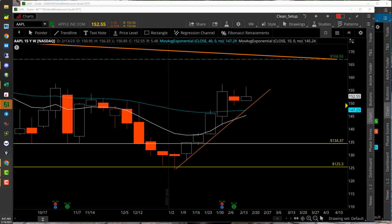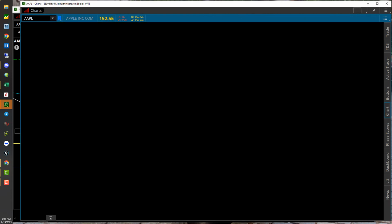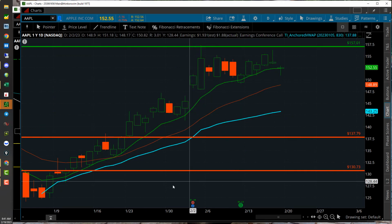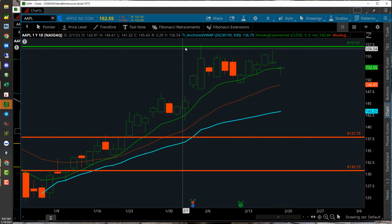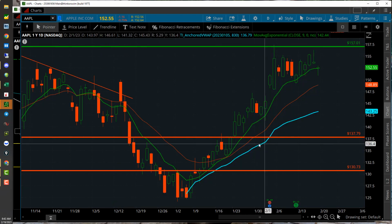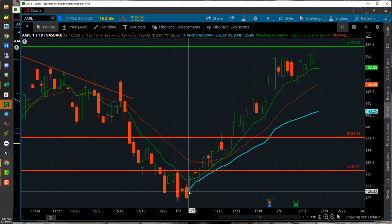So now that you have seen the weekly, if you look at the daily, here is the daily. Oops, let me just put it back online here. Here is the daily chart that I want you to look at, and this daily has very nice defense right here on the VWAP at 143. I would think this would be a good place to start putting our bets on. By the way, this is the anchor VWAP that I have,